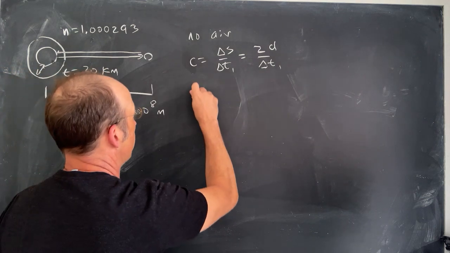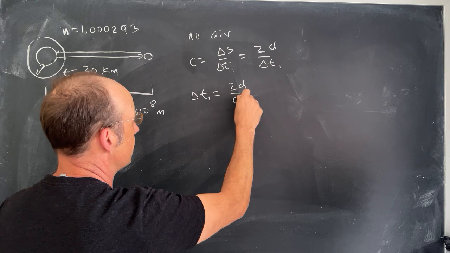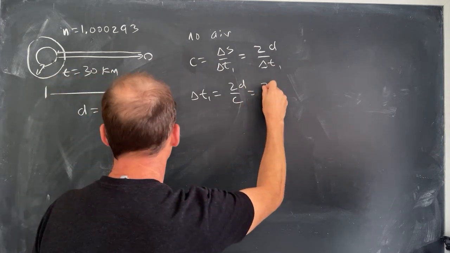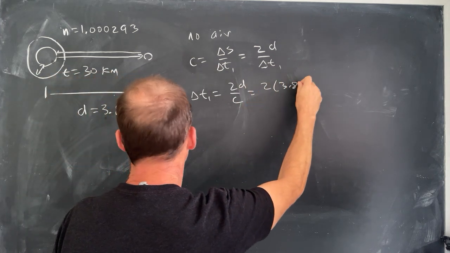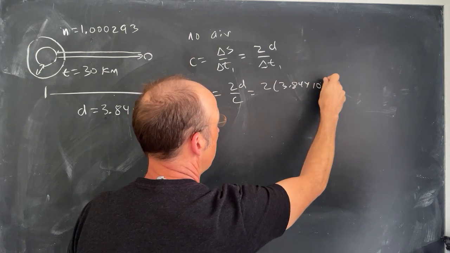So let's calculate delta T1, pretty easy. It's going to be equal to 2 times D over C, where C is the speed of light. So it's going to be 2 times 3.84 times 10 to the 8th